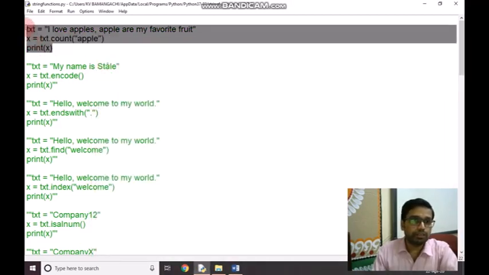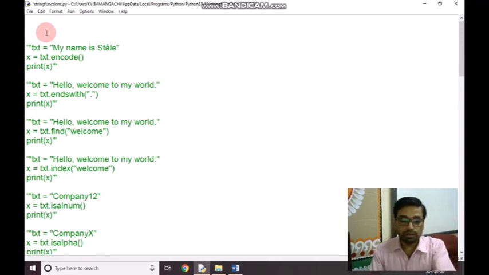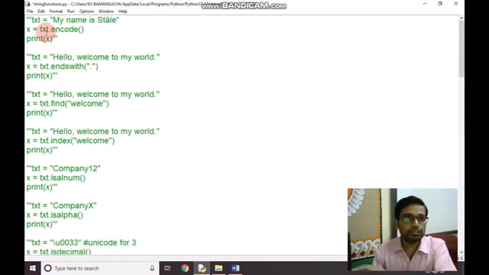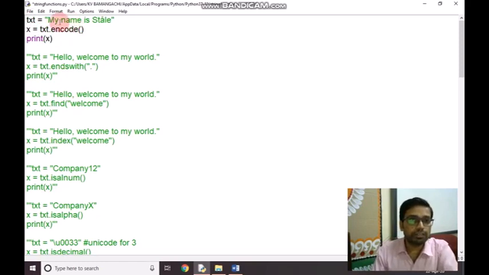Next function is encode. What the encode function does is return an encoded version of the string. What is an encoded version? The system will encode the string in its own codes. We have given here my name is stale. Look here, the characters are encoded as some other characters.